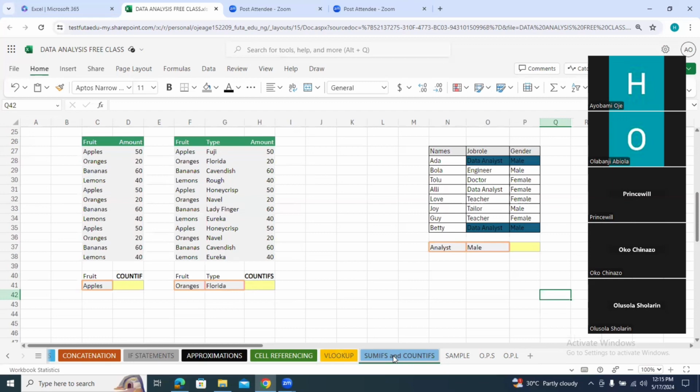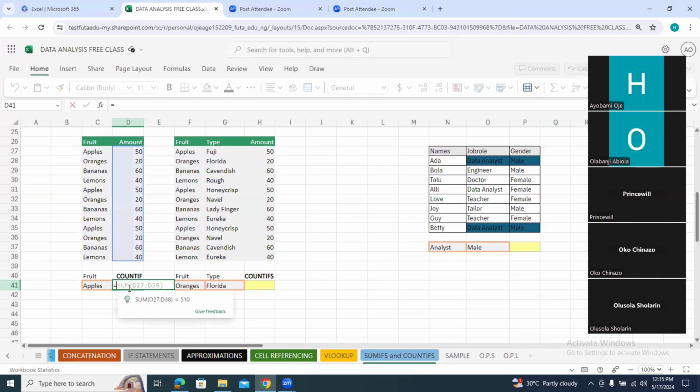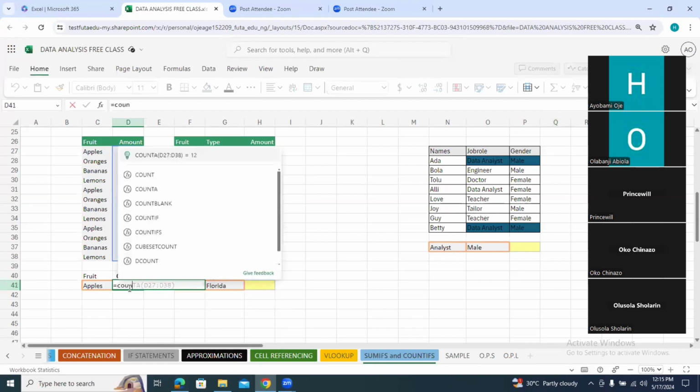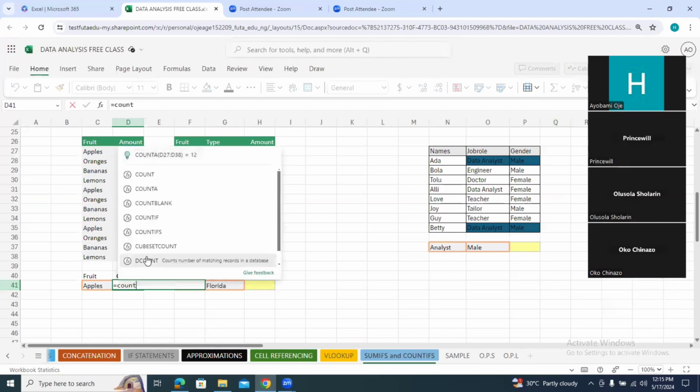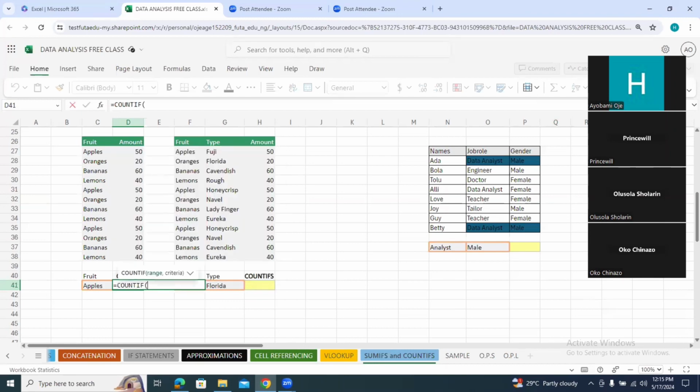So, as we round up, let's touch the concept of SUMIF and COUNTIFS. The concept of COUNTIF is basically to count for a criteria. There's a function called COUNTIF in Excel. So what it does is once you select your COUNTIF function,